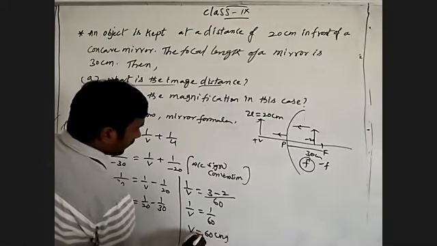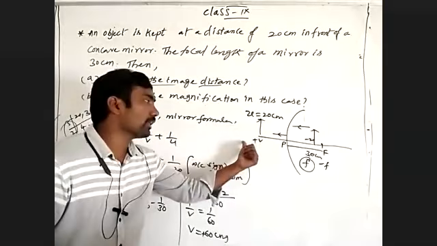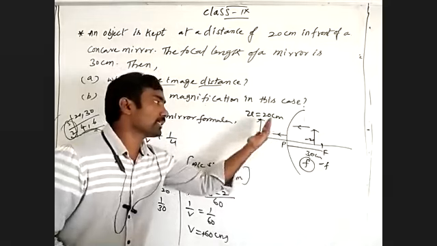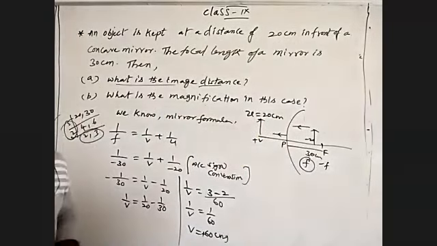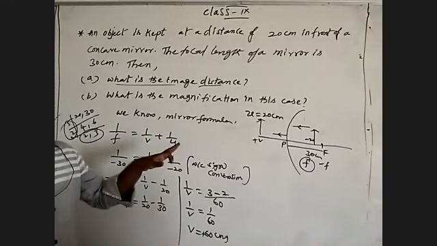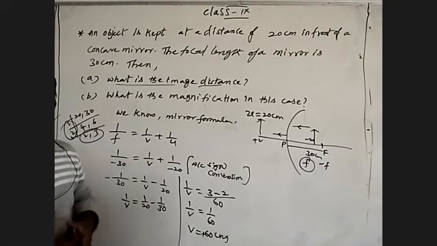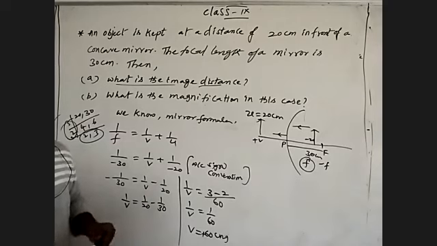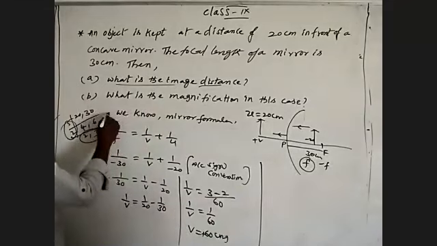See there, what sign did we get? Plus only. The image should be beyond the mirror, so image distance is measured in the direction of the incident light ray, and we got a positive distance. Is it correct or not? Yes. Based on the calculation before solving the problem, we can estimate what type of answer will come and which type of image will form. Understand?